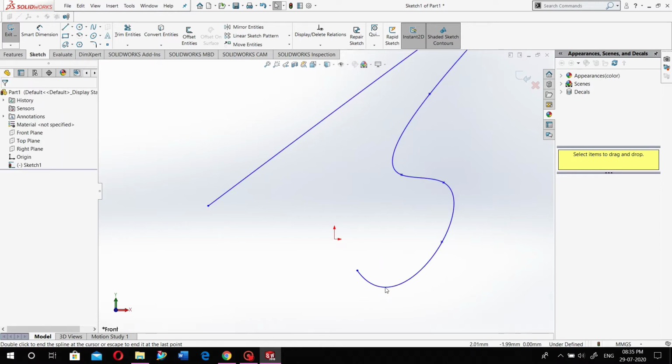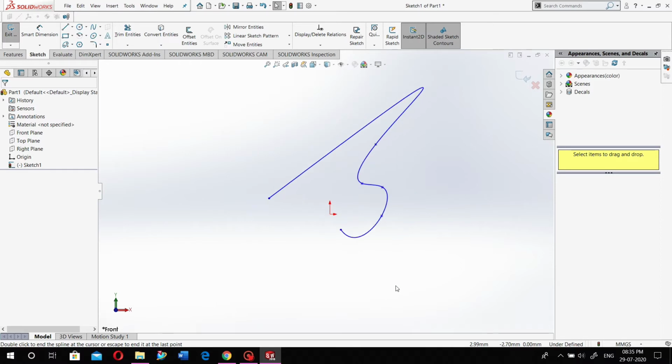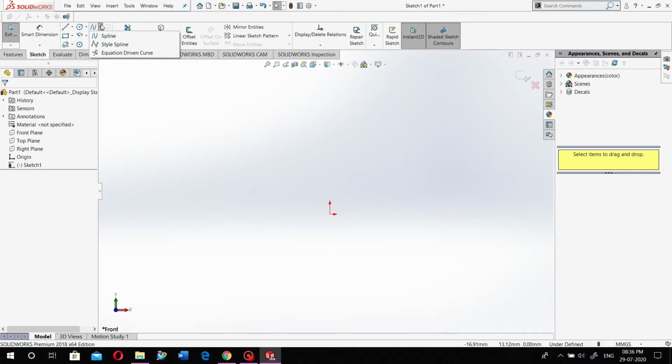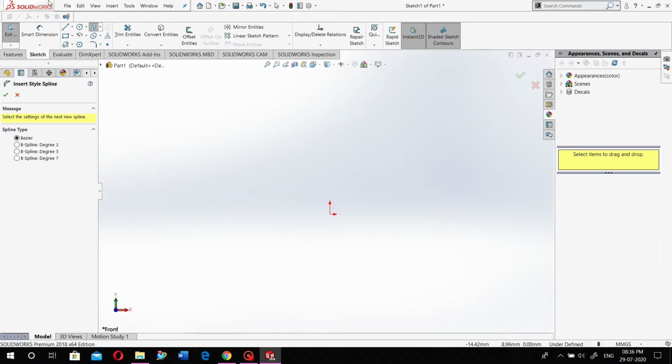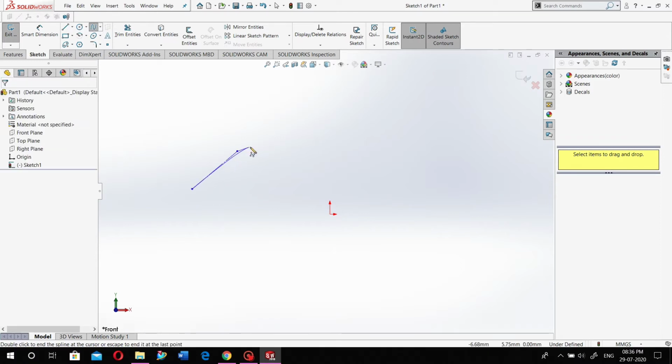The dimensions for the splines are given according to the curve dimensions that we are going to do in the exercises. Then the second type of spline is the style spline. Here you have to select the spline lines, so this is your line and the points we are going to select.